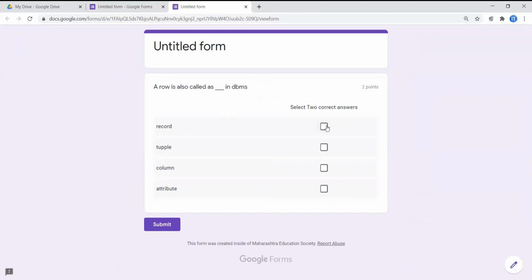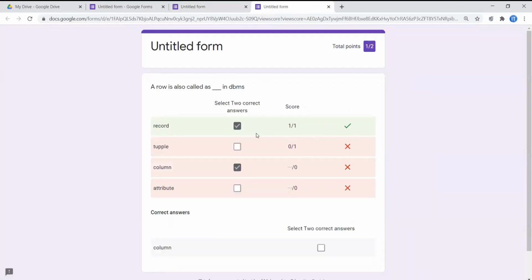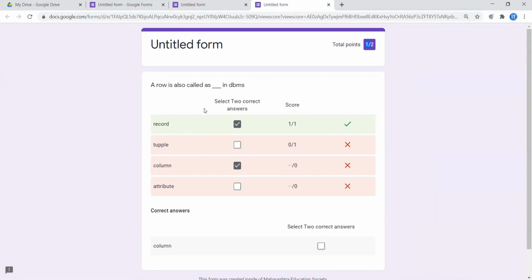So I'll select record as a correct option and column as a wrong option. I'll submit this and then view the score. Here you can see record is correct, column is incorrect, and I have got 1 mark for my one correct option. So this is how you can create multiple choice questions with two correct answers.